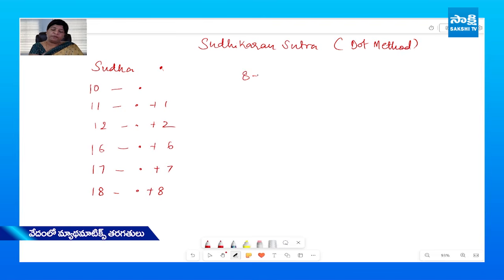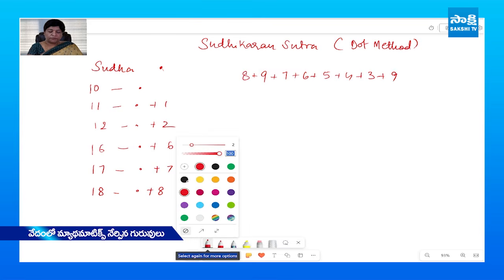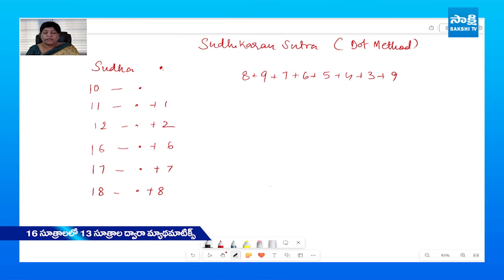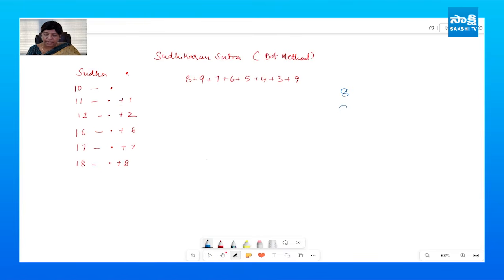So earlier we solved this problem, 8 plus 7 plus 4 plus 3 plus 9. So here in the conventional method, we always start from the top and then we start adding the numbers. But here, the recommended way of solving this problem is from bottom up. So we start adding the numbers from bottom up. So 8, 9, 7, 6, 5, 4, 3, and 9. Since the recommended way is bottom up approach, we are going to start adding the numbers from the